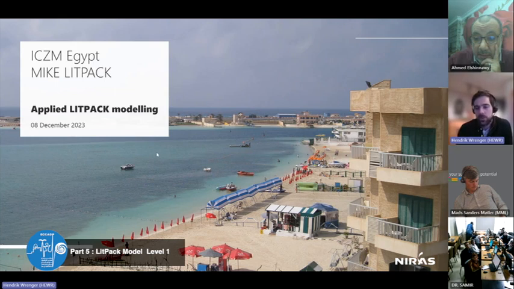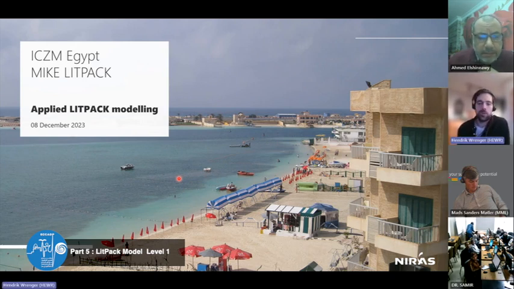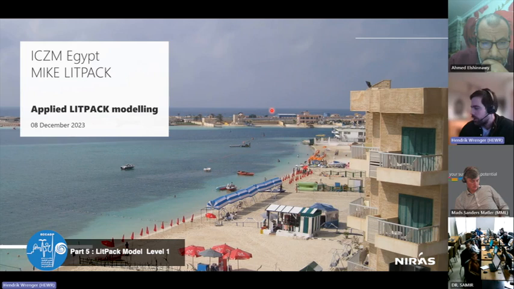Okay, so starting with a small recap, I talked about the profile evolution tool last week. So zooming a little bit into modeling cross-shore transport and the related profile evolution, where we could really see and model the changes of the water depth as a position of